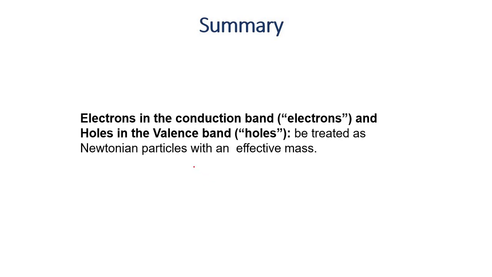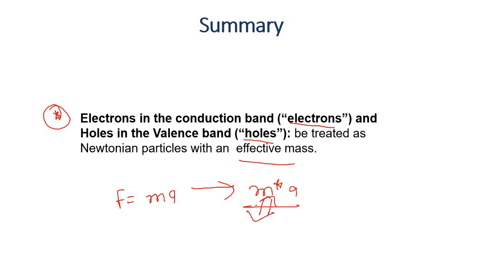So one of the important conclusions of this lecture is that an electron in the conduction band, simply we can say electron, and holes in the valence band, we can say holes, can be treated as Newtonian particles with an effective mass. You just replace F is equal to ma by m star into a. So this m star includes all the complexity that is there in the semiconductor. There is one thing as well, there are a lot of different types of effective masses,